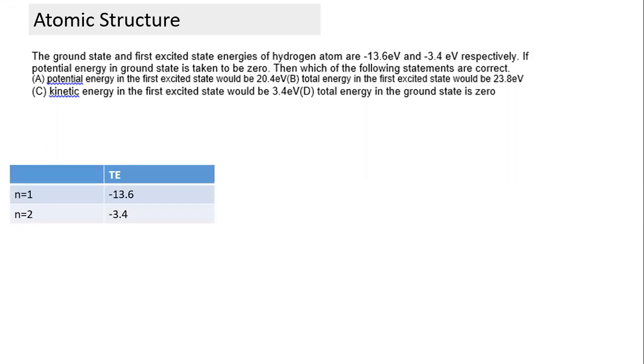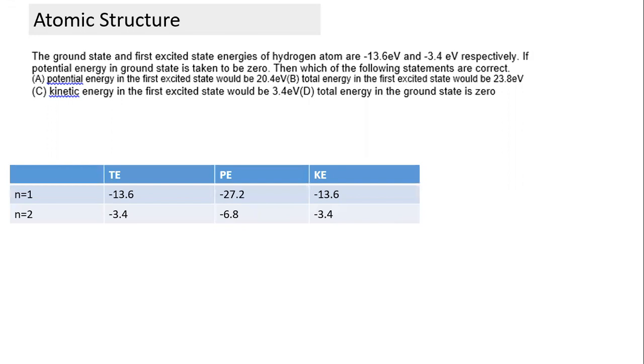It improves your understanding of potential energy as well. We did something like this: n = 1, n = 2. This is the total energy, this is the potential energy, and this is the kinetic energy. This potential energy is based on what reference? It is 0 at infinity, that is the base reference. So the question says, if we assume it is 0 at n = 1, then what will happen? That's the table. You need this part of the table. We did it yesterday, so you should be able to work this out for any level. I hope all of you can do that.